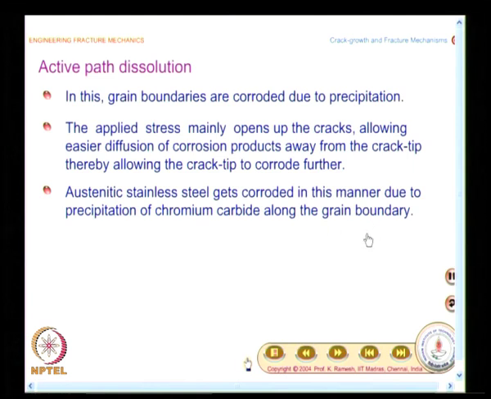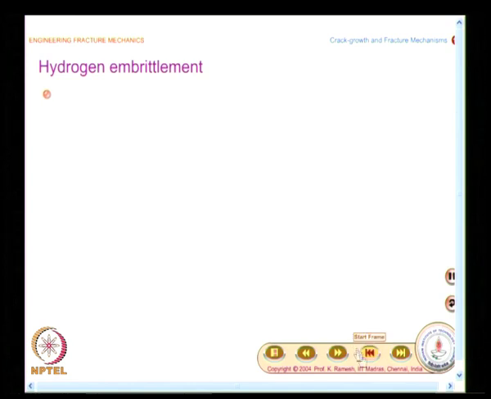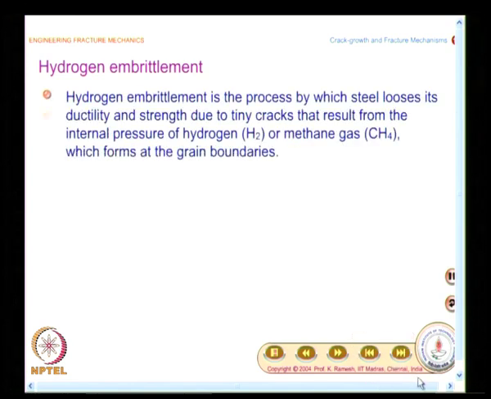So, by and large, you find in SCC the crack proceeds along the grain boundary in a zigzag fashion. You will see that zigzag fashion at a microscopic level. At a macroscopic level, it may give a different picture. So, do not confuse what happens at the microscopic level with what you see at a macroscopic level. You should be able to visualize, as you are all trained as engineers. The next process is